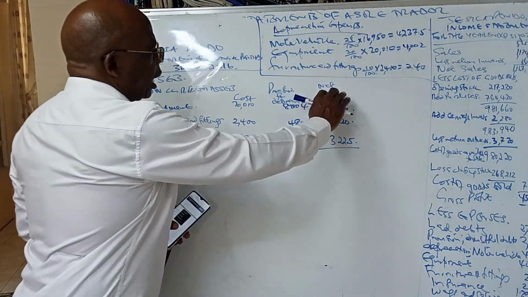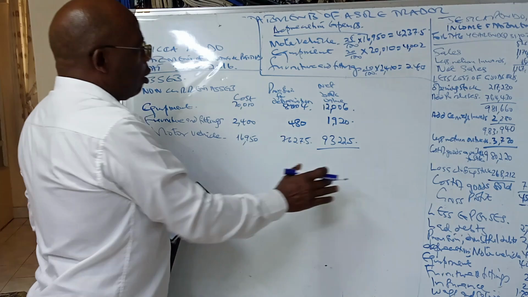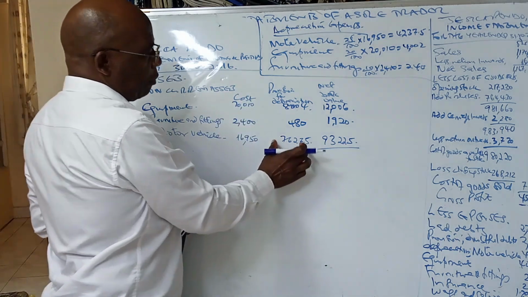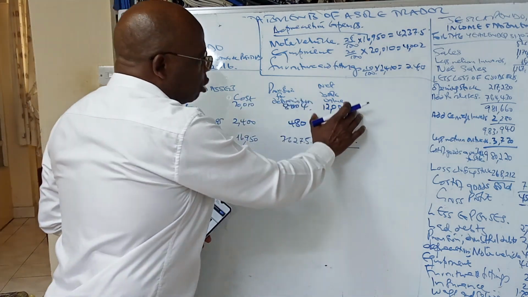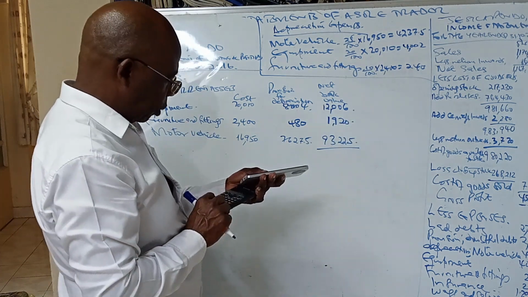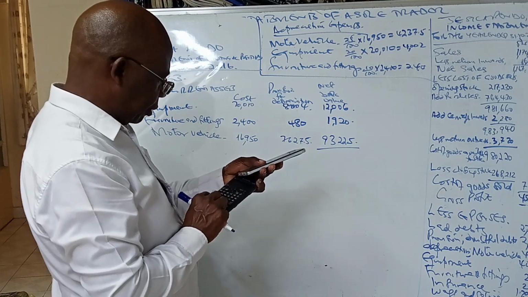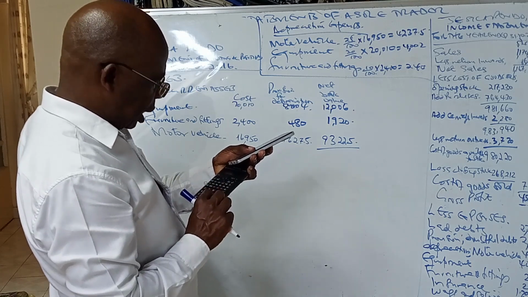Now, this is the net book value. This is the actual value of our assets. Although we bought them at this level, we have lost this value. So if we add all the actual value of our assets, plus 1920, plus 12,006, we get